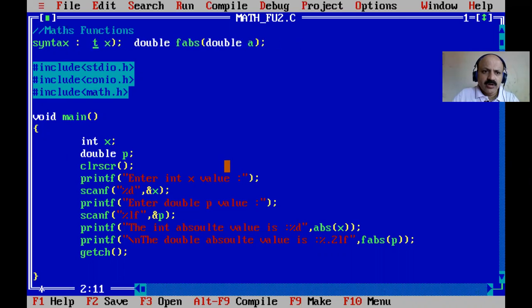So here I remove this, and double is the return data type, and ceiling and floor we have to use. So double ceil, pass in a double, and then the same syntax for floor. Floor, pass one double.